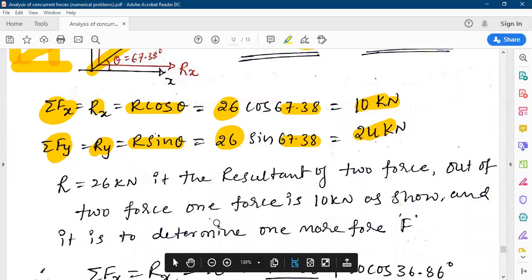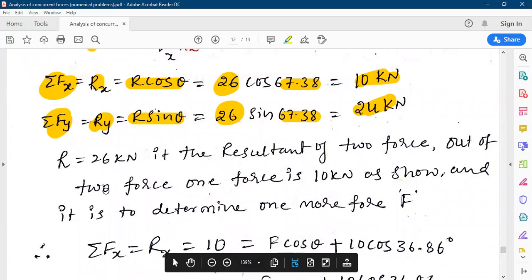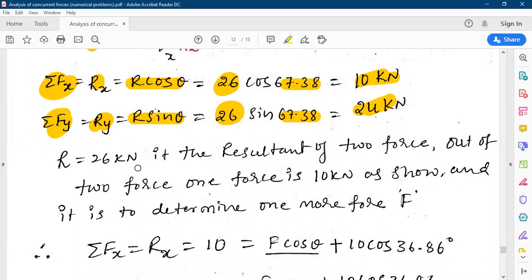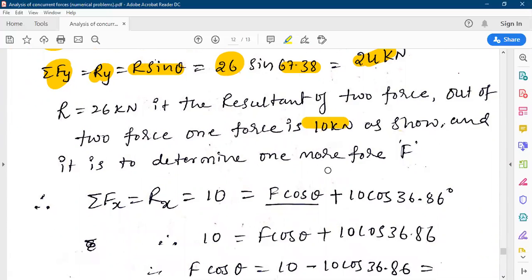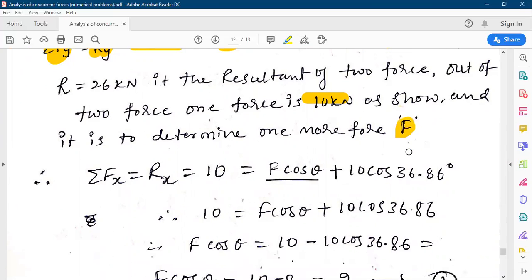Right? Now we can write, so R is the 26 kilonewton resultant force of the two forces. Out of that, one force is given as 10 kilonewton and the other force is unknown, right? You have to identify the magnitude and direction of the other force F, right? So let us